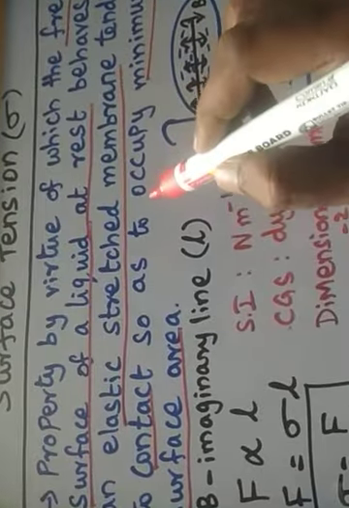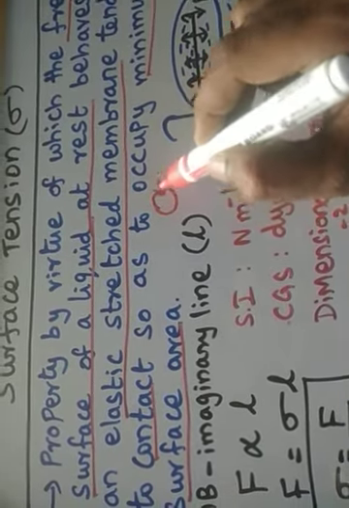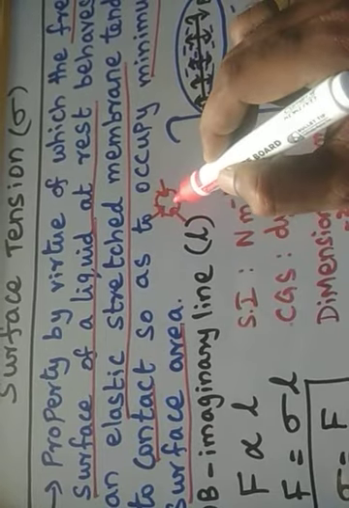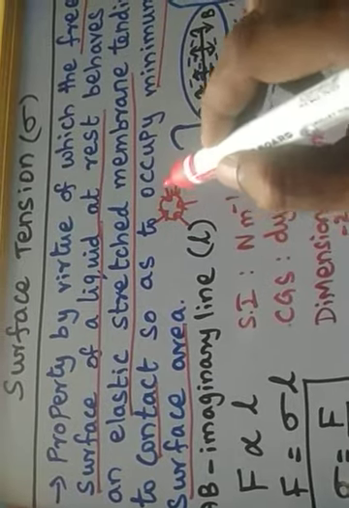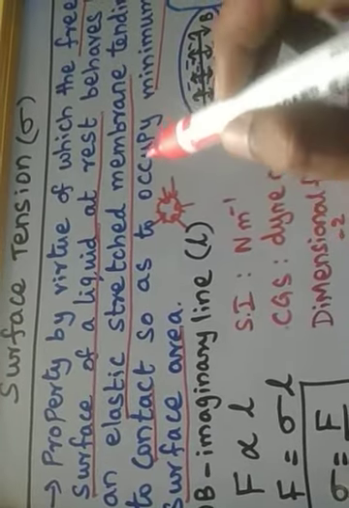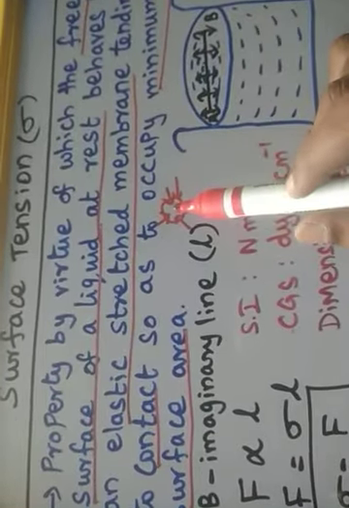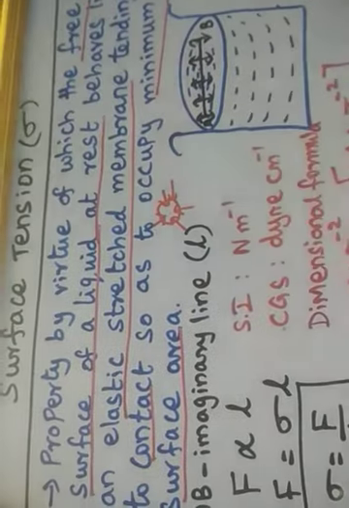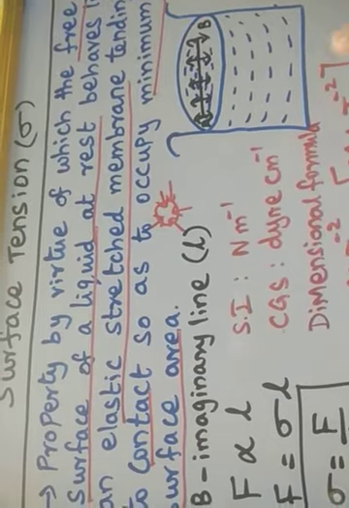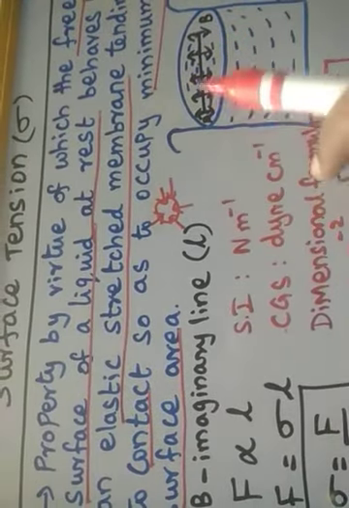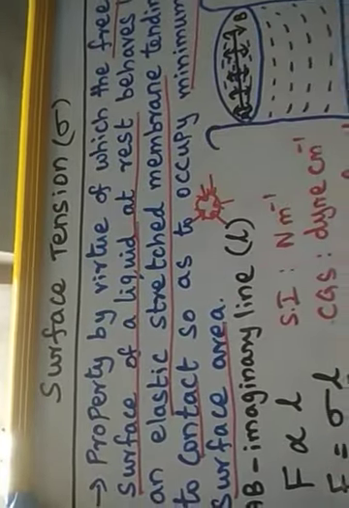That's why if you put a drop on anything, what will happen? The drop will become spherical because all the force tends to contract to the minimum surface area. So this tendency to contract to the minimum surface area is a property of the liquid. That property of the liquid is called surface tension. It is a property of the liquid which occupies the minimum surface area, and that minimum surface area is acquired by the liquid surface due to certain force. That is surface tension.